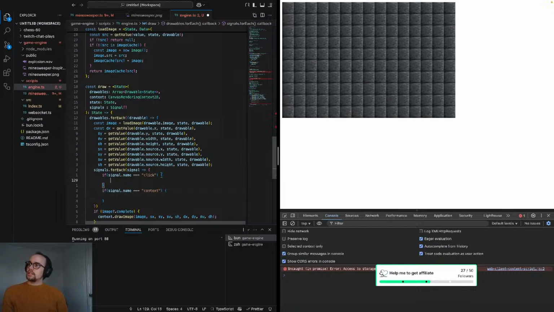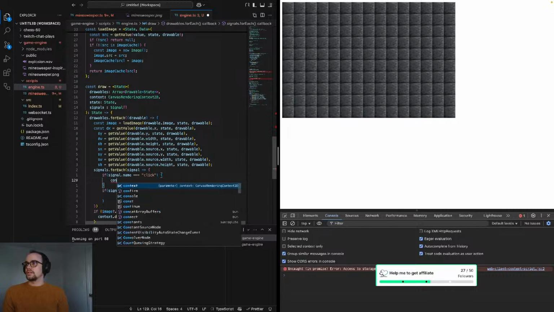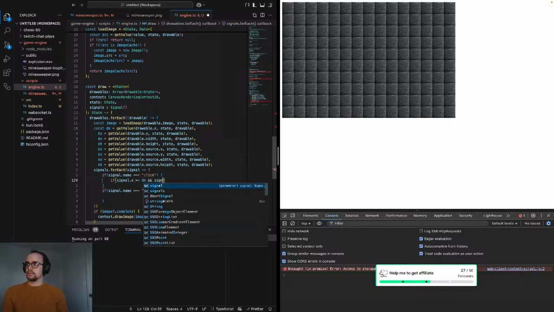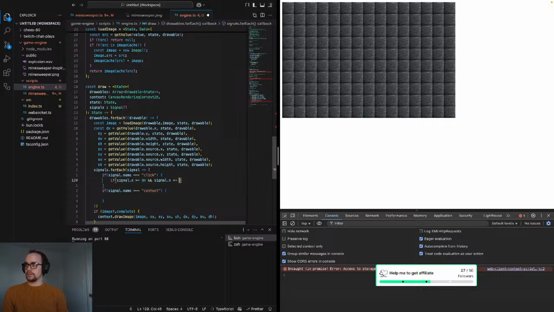All right, so if it's click, then we want to see if we're in the bounds. So I say if signal.x is greater than or equal to dx and signal.x is less than dx plus dw. And